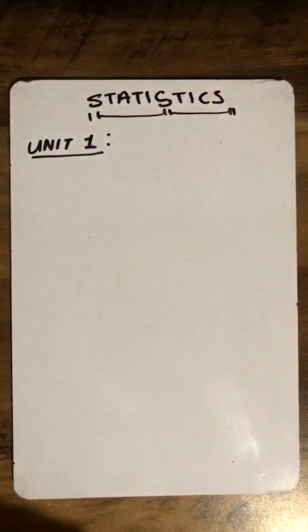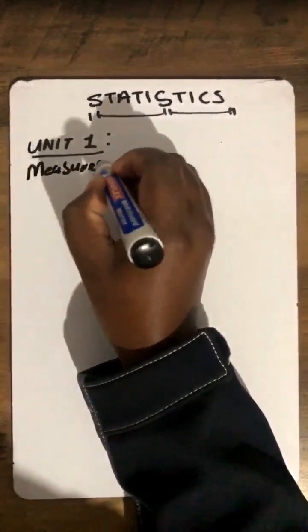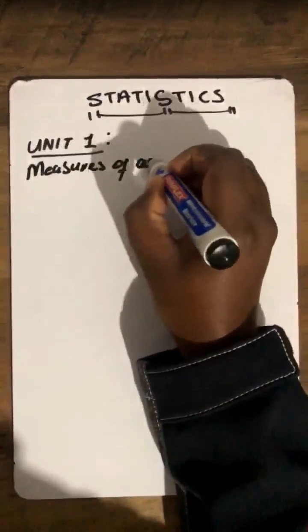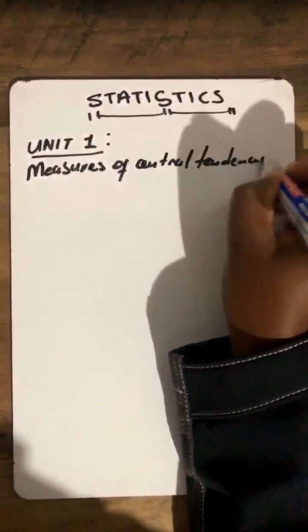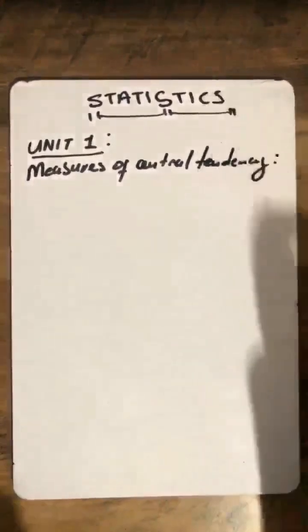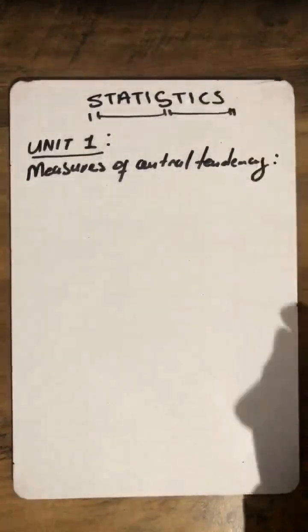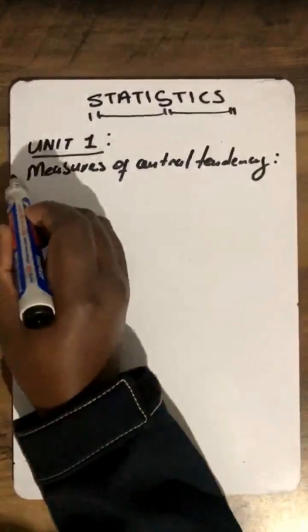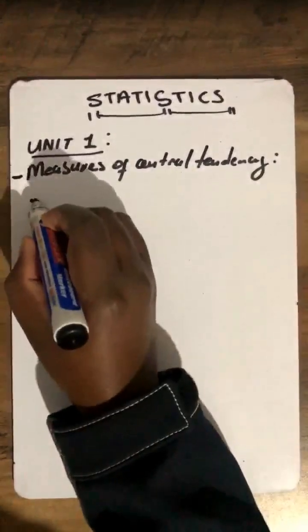They call these measures of central tendency. Under unit 1, measures of central tendency. Yes, this is what they call it. But in short, the honorable members, you don't need to worry that much about that which says measures of central tendencies. But what you need to be aware of is the following: